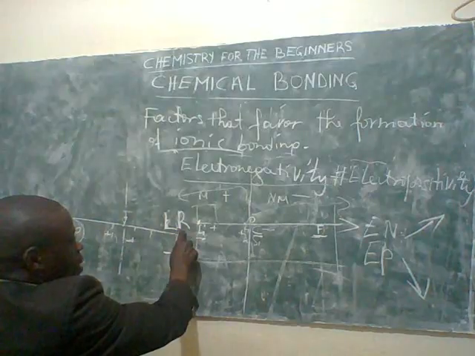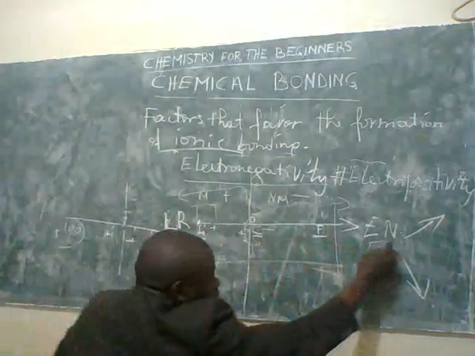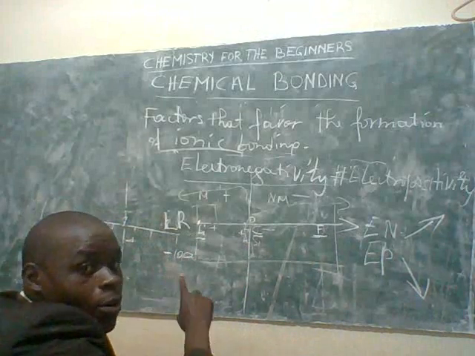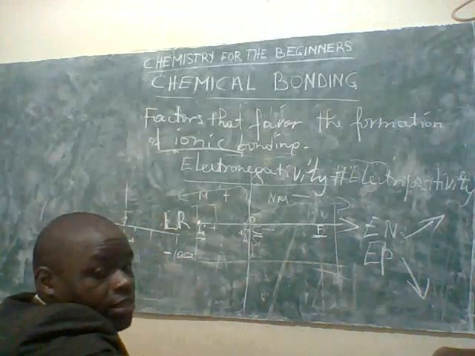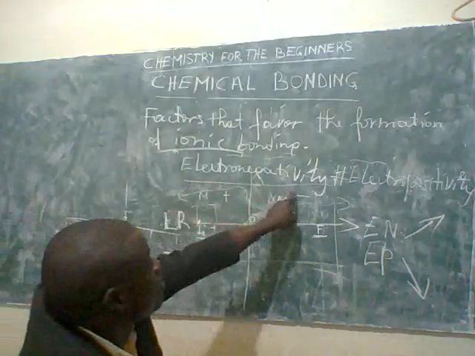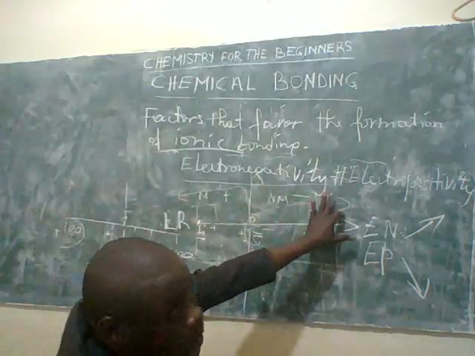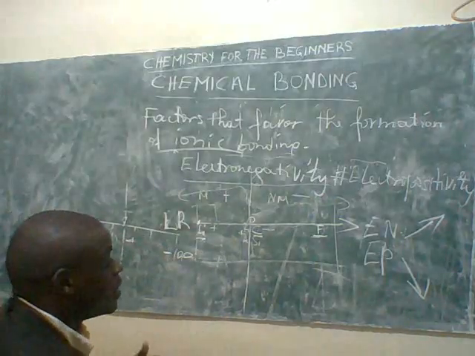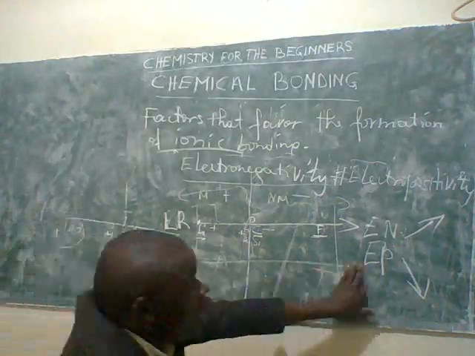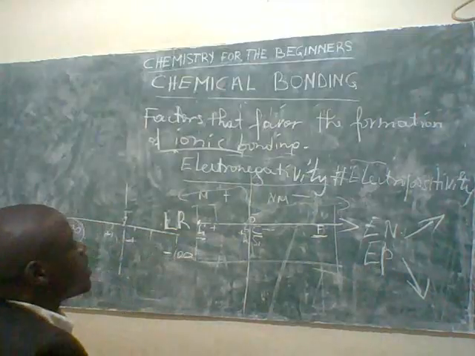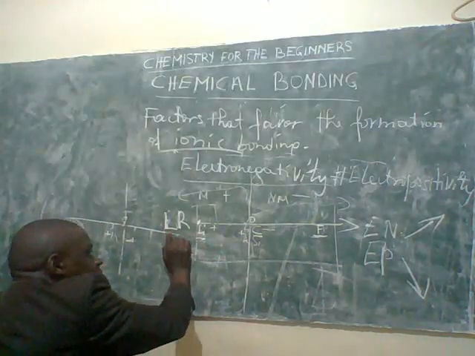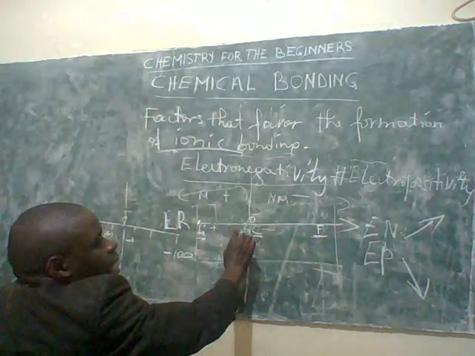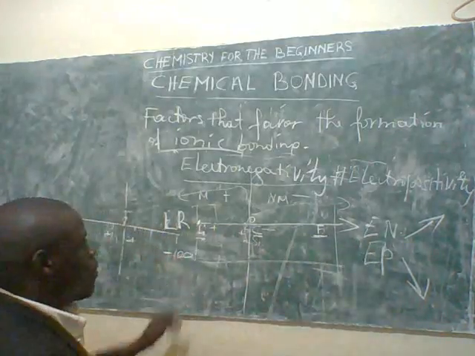From left to right of the periodic table, the electronegativity increases, or the non-metallic properties increase. That's what I say. Electronegativity and non-metallic properties mean the same. And then electropositivity, from left to right, decreases, because